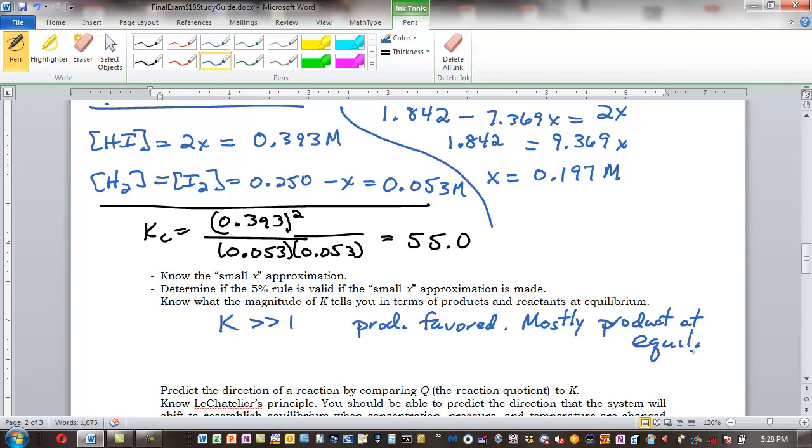Okay, so the magnitude of your equilibrium constant is really important. And it's always a quick way that you can check to see if you're kind of in the right ballpark with your answer. And then the other direction, if K is very small, much less than 1,